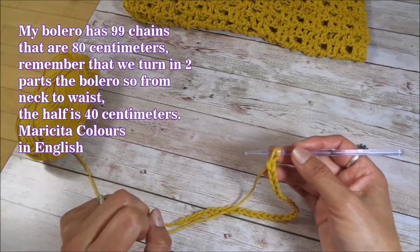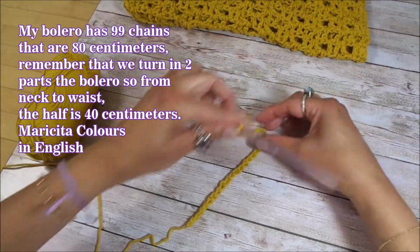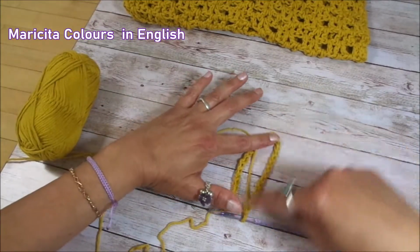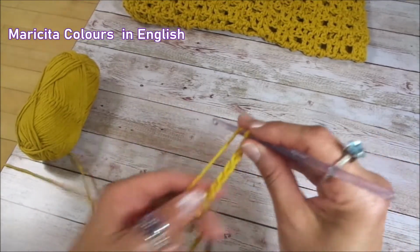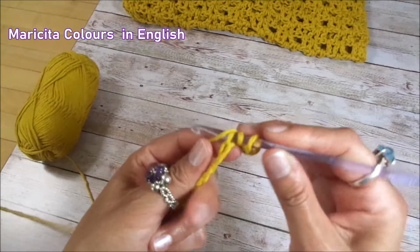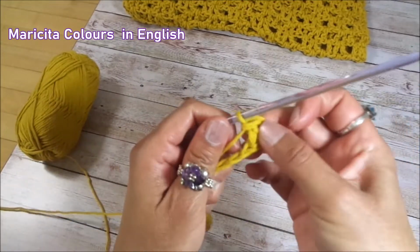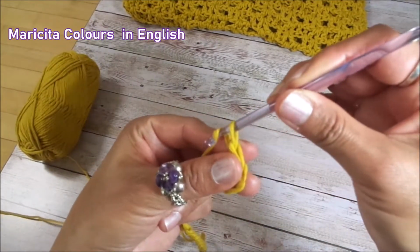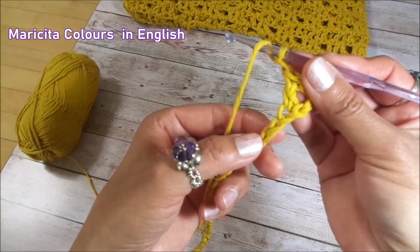My bolero has 99 chains. When you have the length of the width of your bolero, you will turn in 2 parts, and this will be from the neck to the waist. Now I will insert the hook in the 4th chain, 1, 2, 3, and 4, and I will make 1 double crochet, vareta or punto alto in Spanish, chains, cadenetas. Here I have 2 double crochet. Now I make 1 chain of separation, una cadeneta de separación, and I will go to the next 3rd stitch,